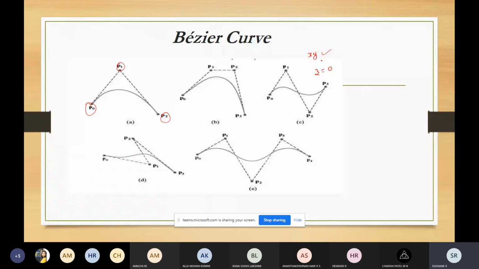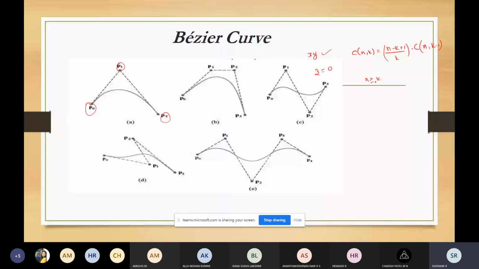How it is calculated: here we can use the recursive formula for calculating the equations. We know that C of n, k can be obtained by using this formula: n minus k by k into C of n comma k minus 1, one iteration less. So recursively you can use this formula. Recursive calculations can be used for obtaining the binomial coefficients, given by this equation, where the value of n should be greater than or equal to k.